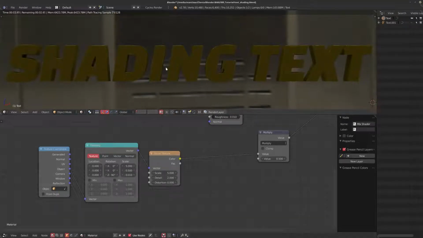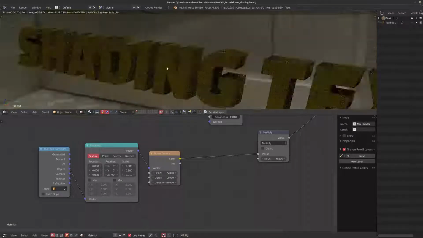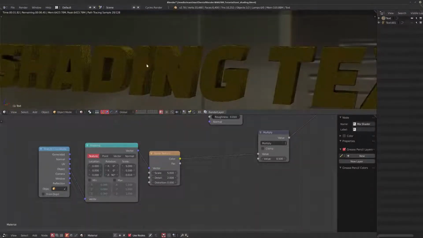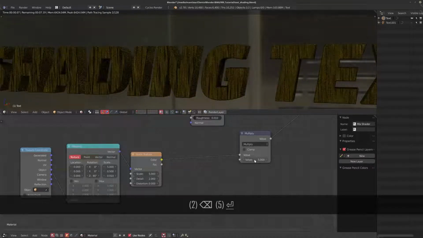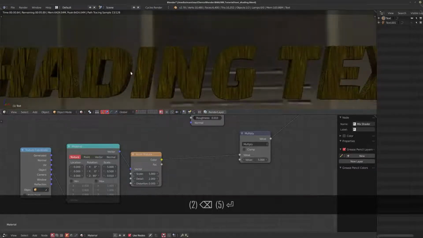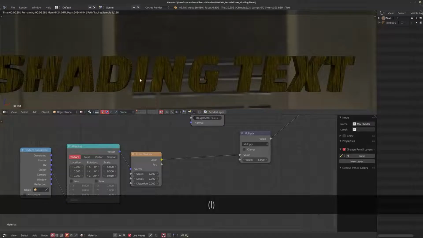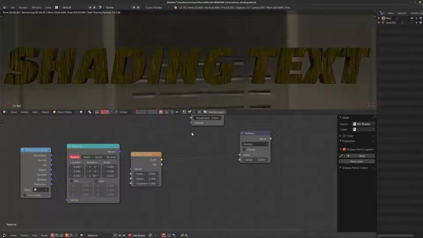And yes, I cheated. I went to go have a look at the original files. But as you can see, we get some really nice shading on the side of the text here. And if we really overdo it just for a second, you can see the shading is working on the front of the text as well. So now the only thing that's left to do, and this is why I do shading and lighting sort of in tandem, and bring down the value a little bit over here.